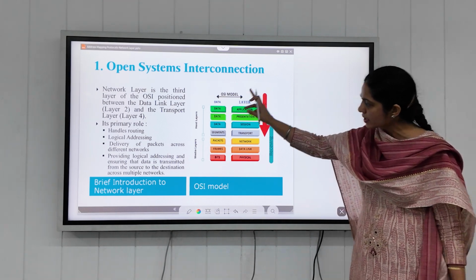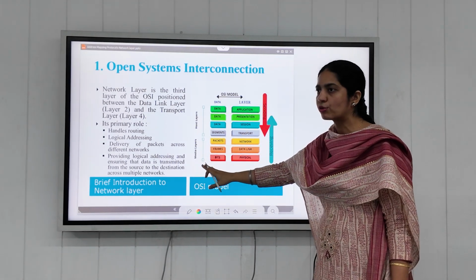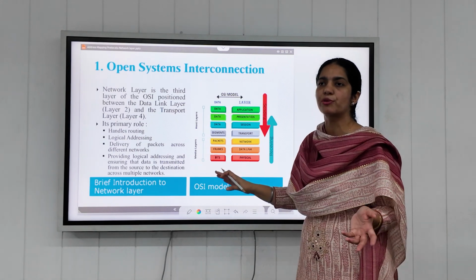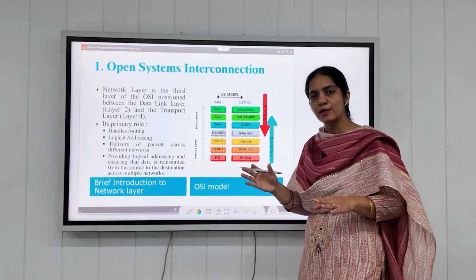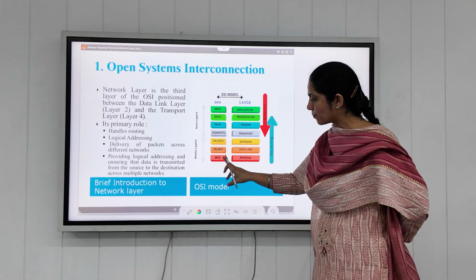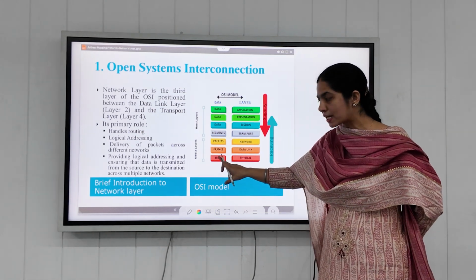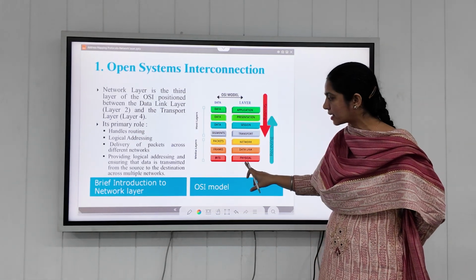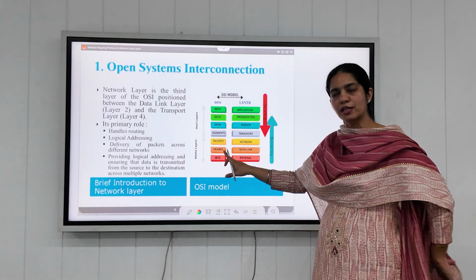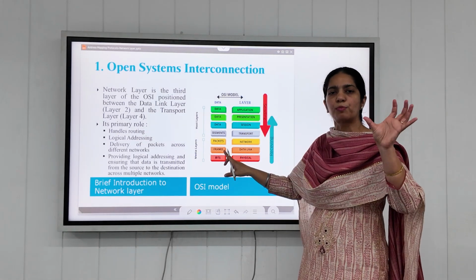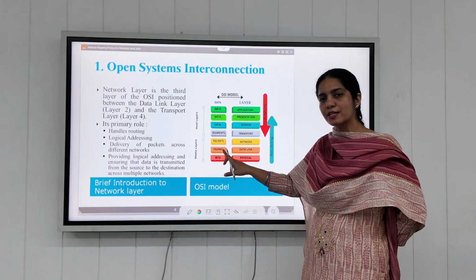application layer. Similarly, let's look at the data units we are working on at the various OSI model layers. First, the synchronization of bits occurs at the physical layer. Then as we move to the data link layer, the bits are converted into groups of bits, and these are called frames.